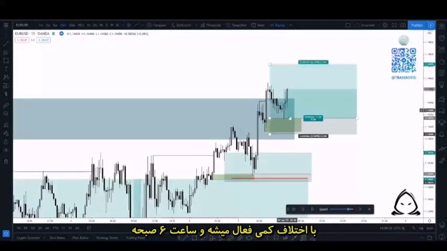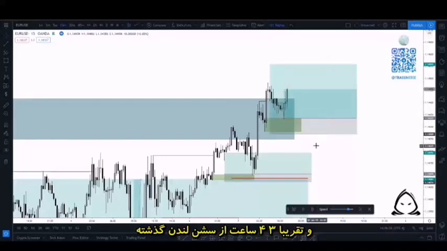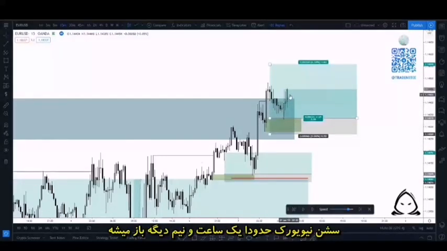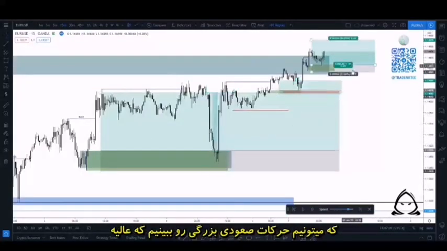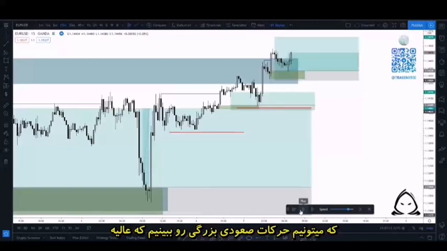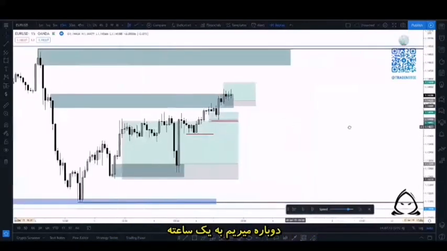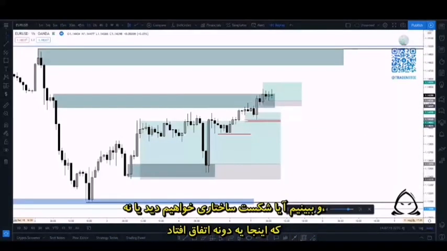We're at about 6 a.m. in the morning, so this is pre-New York, roughly 3 to 4 hours into the London session, and New York will be opening in about an hour and 30 minutes. So this is the highest time of volume in the market, so we can start seeing large moves to the upside, which is great. Again, we'll navigate up to the 1 hour